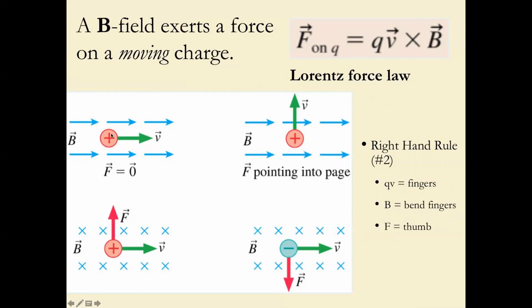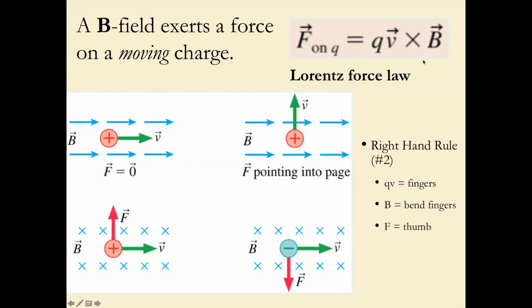Then you bring this positive charge in the vicinity of this magnetic field. We know that this existing magnetic field exerts a force on this moving charge. And this force is given by the Lorentz force law, which is equal to Q times V cross